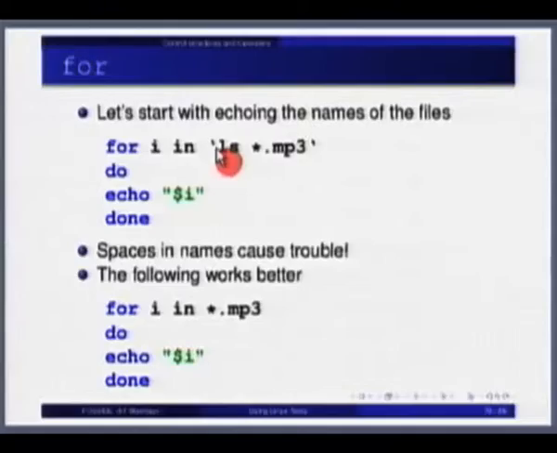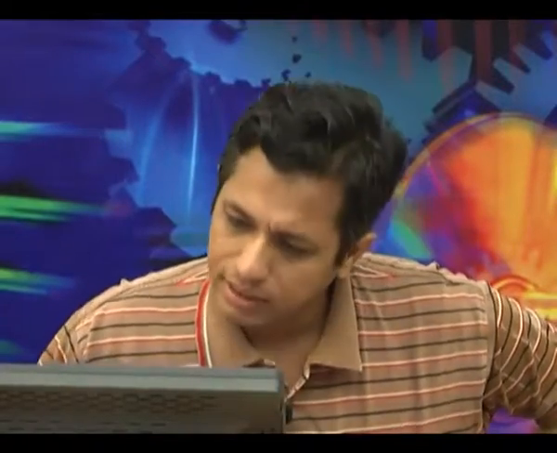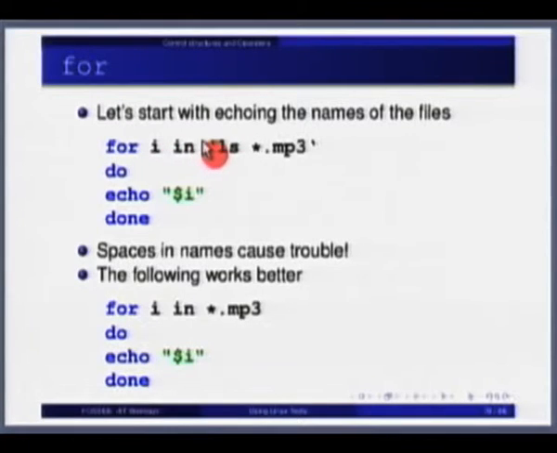Very useful, as I said, for all these file names: if you want to generate that list itself, you don't want to actually ls all the files and then copy paste it here. You want to generate it by executing another command. In the context of word count, wc, we already saw how to execute some command and give that as input to something else. So here, for i in that list, we are generating it like this: ls star.mp3, and we are putting back quotes, the open quote key that is sitting above the tab key.